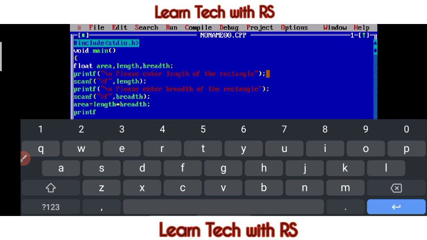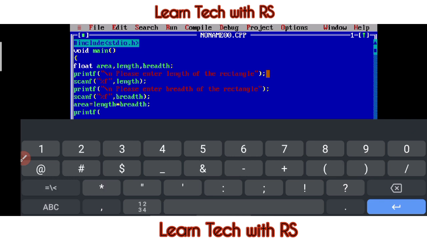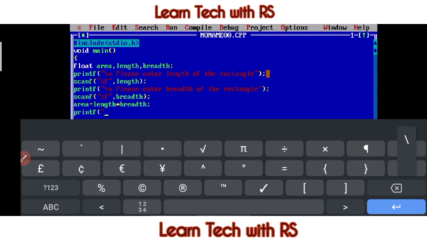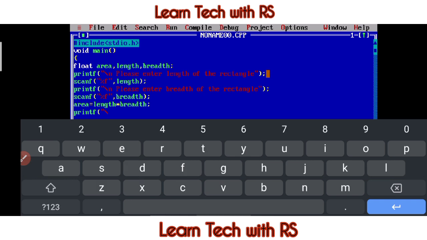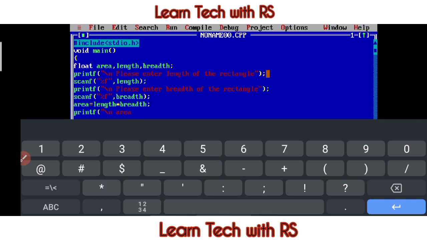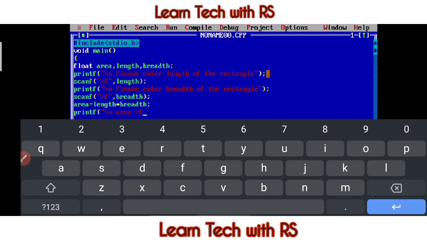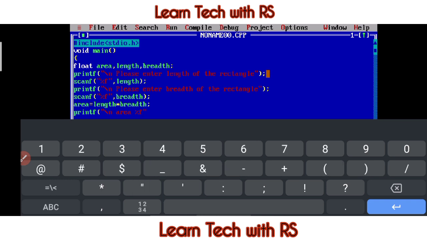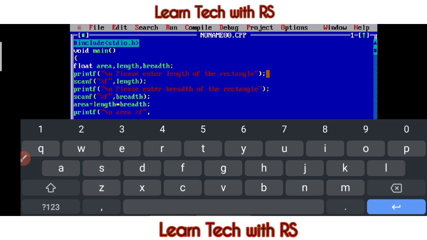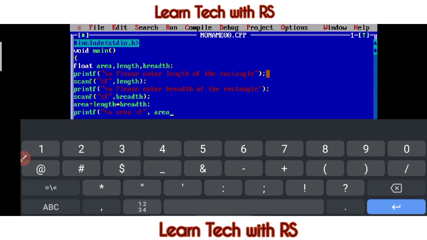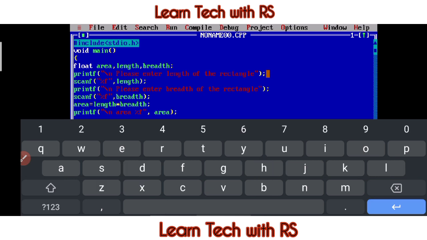What we have to give as output to the user, we have to write here, inverted comma, backslash n, then area, space, area will be a float value, right. So percentage f, then inverted comma, area, again semicolon, and now bracket closed.